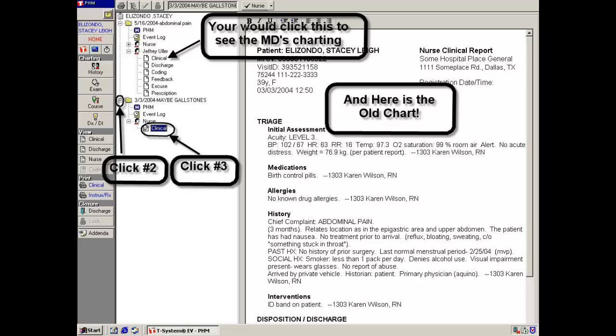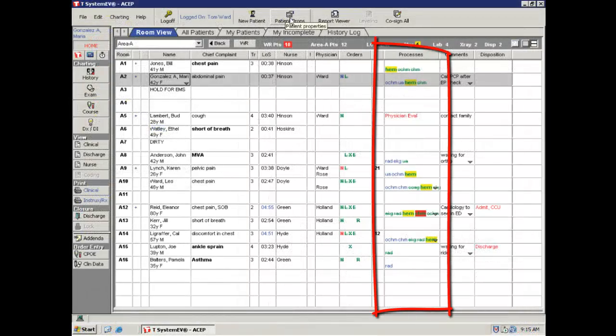Now let's focus on the right side, processes. A lot of info is graphically represented here, and this is where you can quickly monitor all that is going on with your patient. The status board color keys show: